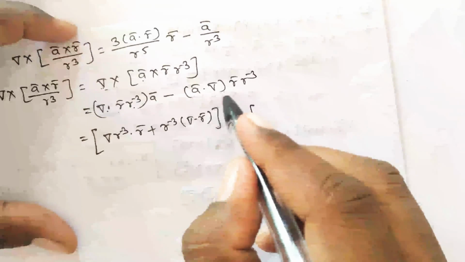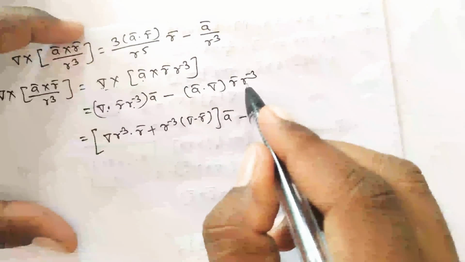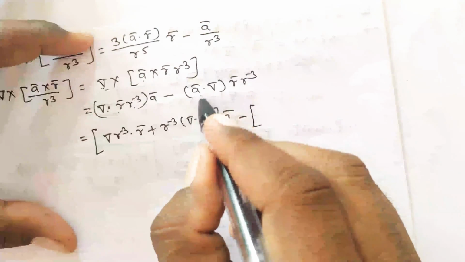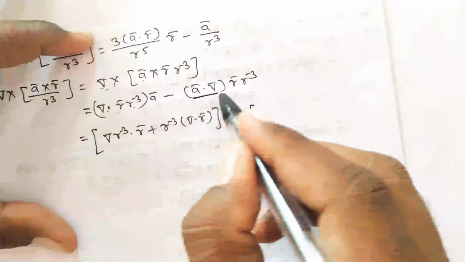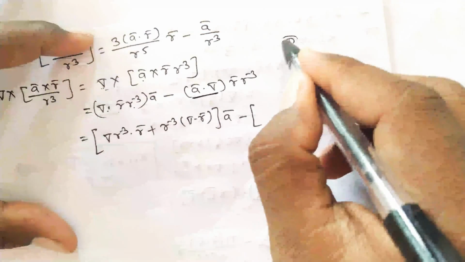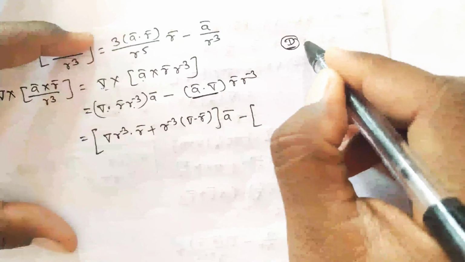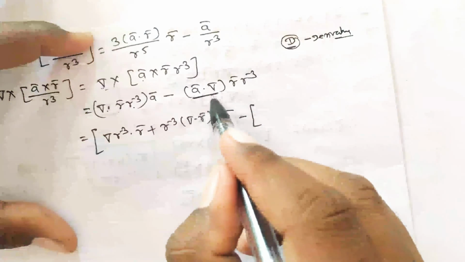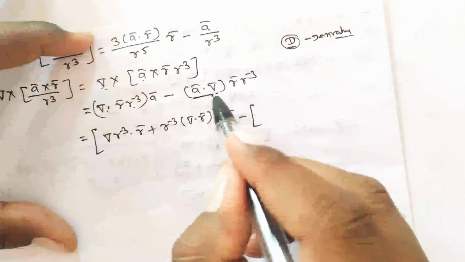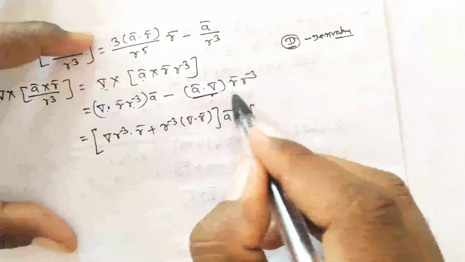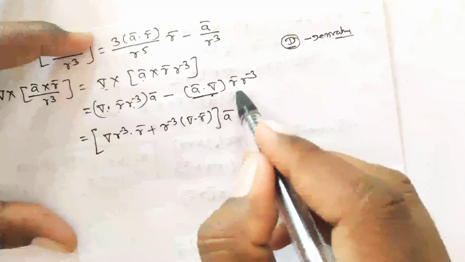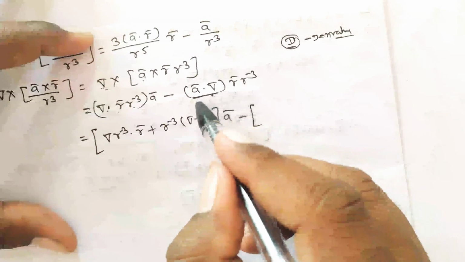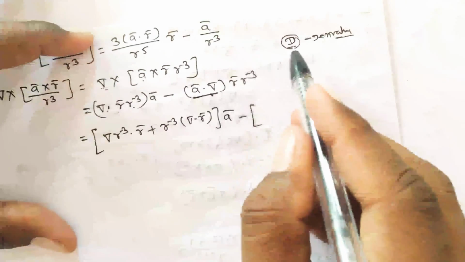For the second term, no dot or cross product is given; r bar into r raised to minus 3 is a multiple of this a bar dot del. So for solving this, we consider a bar dot del as a capital D, that is, a differential operator, a derivative. Simply consider a bar dot del as a differential operator, and for finding this use the u into v rule. What we have to do is take the derivative of r bar into r raised to minus 3 using the u into v rule, considering a bar dot del as a differential operator.